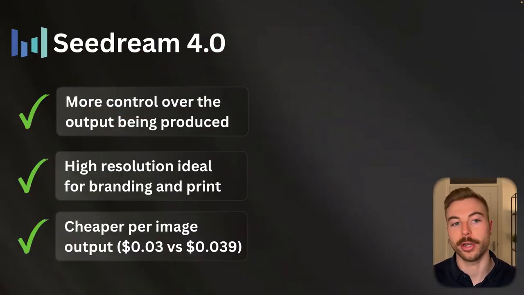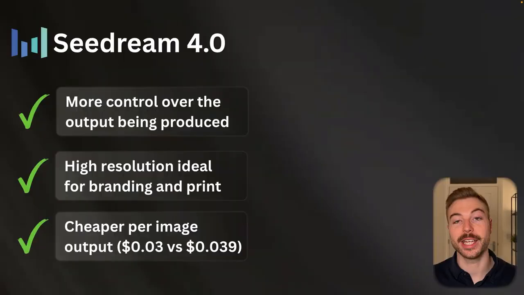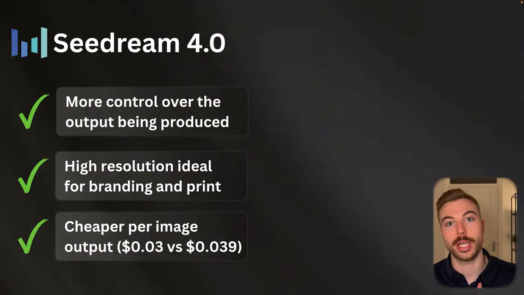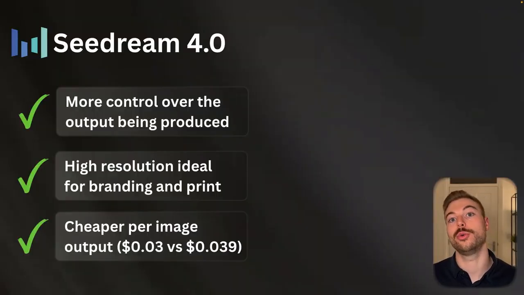So what is Seedream 4 really good at? Well, it's got lots and lots of control over the output being produced. We can get it to be a higher resolution than NanoBanana because we've got control over it being 1K, 2K or 4K, and it's a little bit cheaper at 3 cents per output versus 4 cents per output for Google's